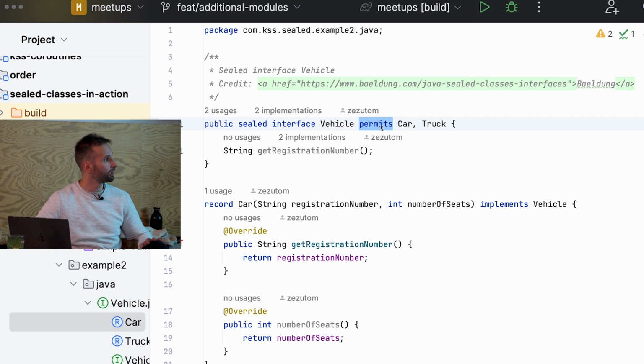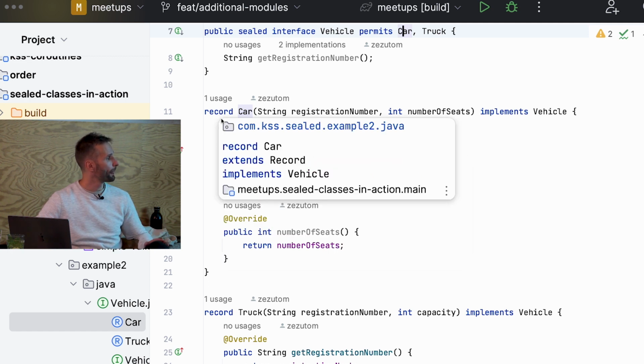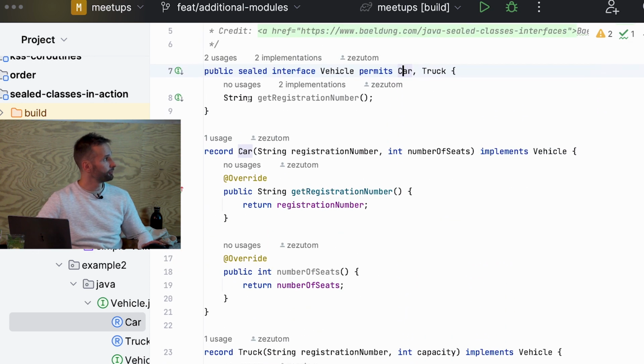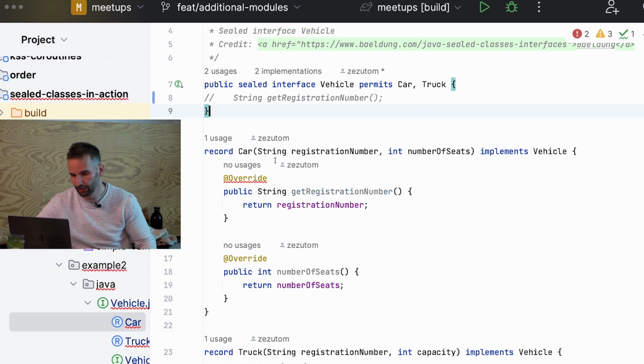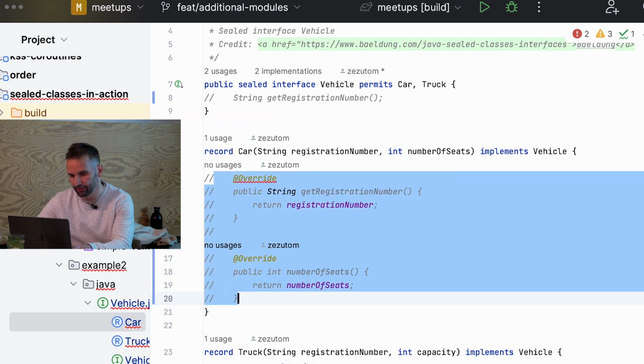In Java, you need to declare the implementations. So immediately I can see that there are two subtypes of this interface, Car and Truck. I declare both of them as so-called record types, which are essentially data classes in Java. And then I'm able to use them. This is actually quite verbose, to give Java full credit, if we forget about this method for a bit. And then I don't even need these getters and setters